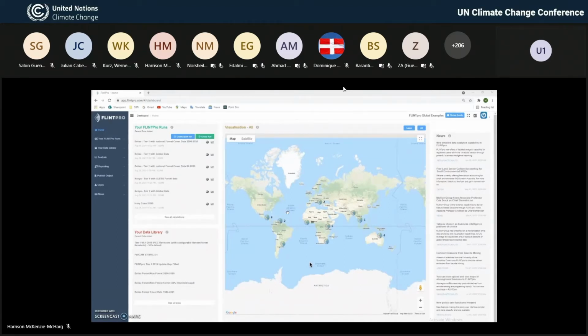From here, you get a summary of the simulations in the account. They are represented here by the icons on the map. So we can see that for Belize, there are 4 Belize simulations in this organization account. From here, you also get a summary of the simulations using this list on the left-hand side. So we can see that there's simulations for Belize and for Kenya and for Ivory Coast within this account. You also get a summary of the data library to see the major data